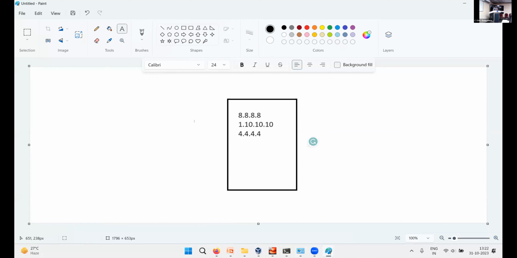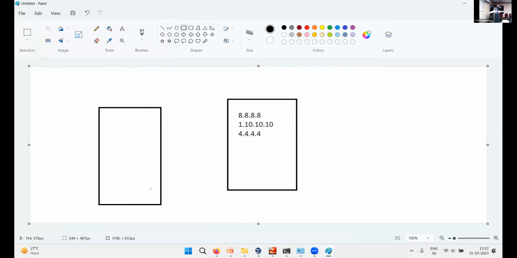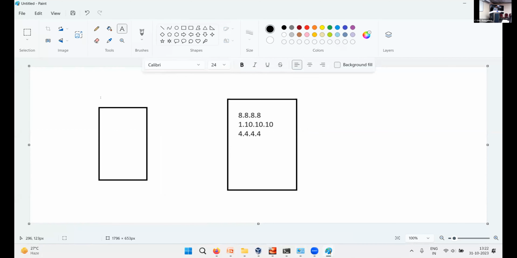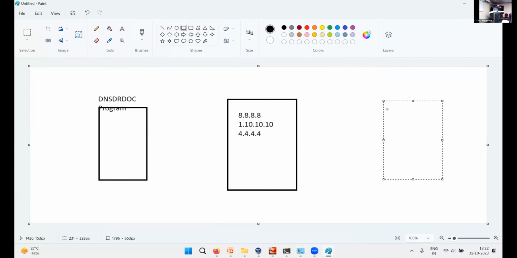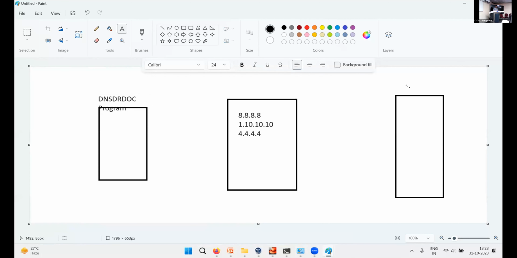These are the list of DNS servers the attacker should have. The attacker also has this machine where the DNS DRDoS program is running. And then we have one target, the target machine. Suppose the target machine IP address is my own machine's, so I'll check the IP address of my machine.